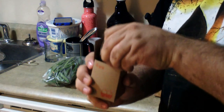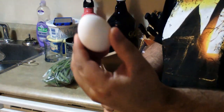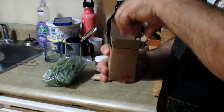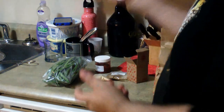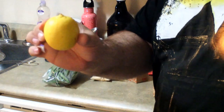Oven's preheated. An egg. They really packaged it. I mean, I was actually surprised. I thought it would be like an already opened egg, like in a little package or something, like in a bag or container. We have a lemon